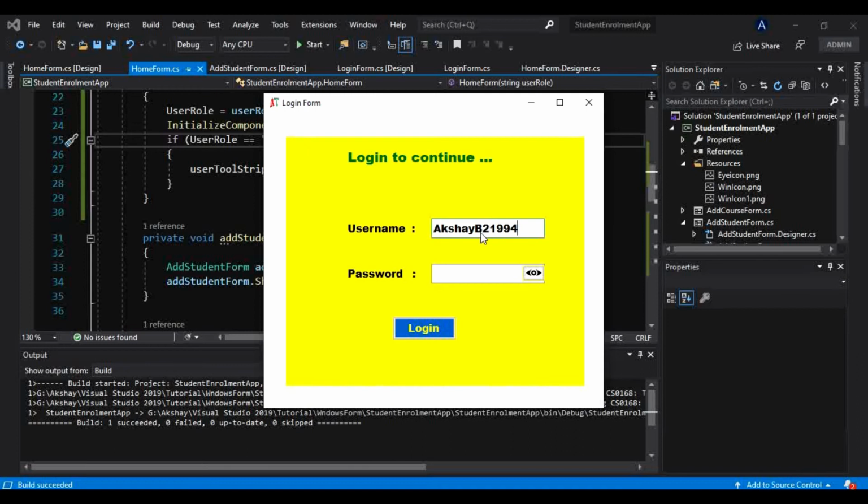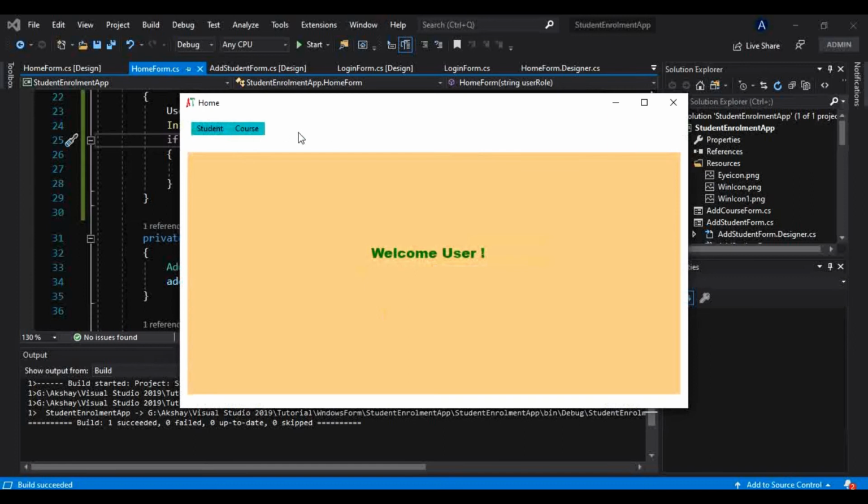Okay, so you guys might be thinking that it should have been visible because I have used that and condition for this as well, that is for this viewer account as well. There might have been that problem only, but it is not something like that. So let me show you that again. So Akshay B2 1994. So now we know this is a viewer account, and if I click on this login, it is invisible for that viewer.